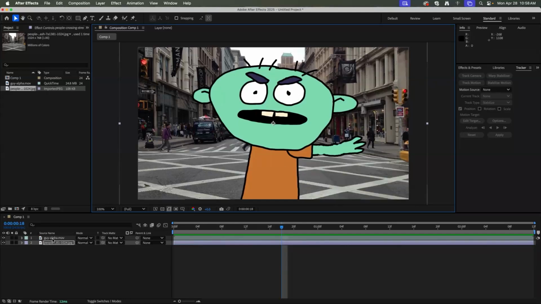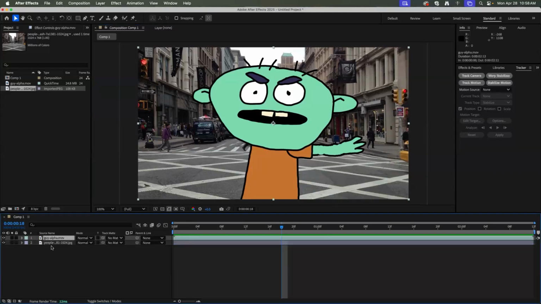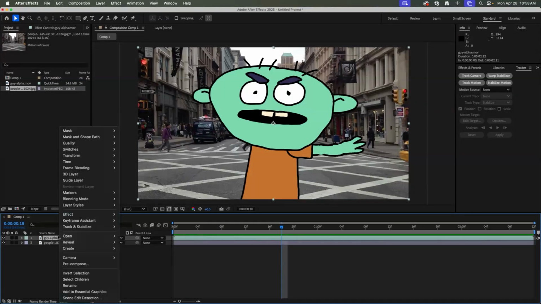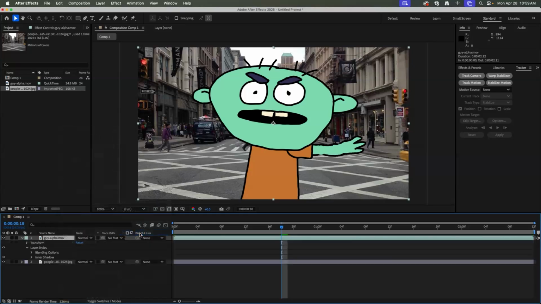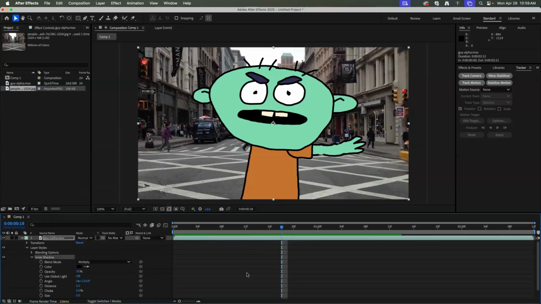could do it, if you have a layer in After Effects that is either an image sequence or, in this case, a movie with an alpha channel, so that there's a transparent area, is that we control click the layer and open up layer styles. We actually want to use inner shadow and then change some of the options. So on the guy alpha channel here, we've got inner shadow. Once we expand that,